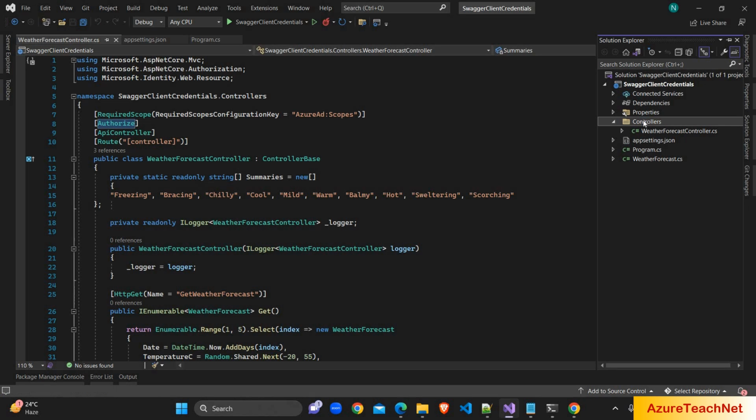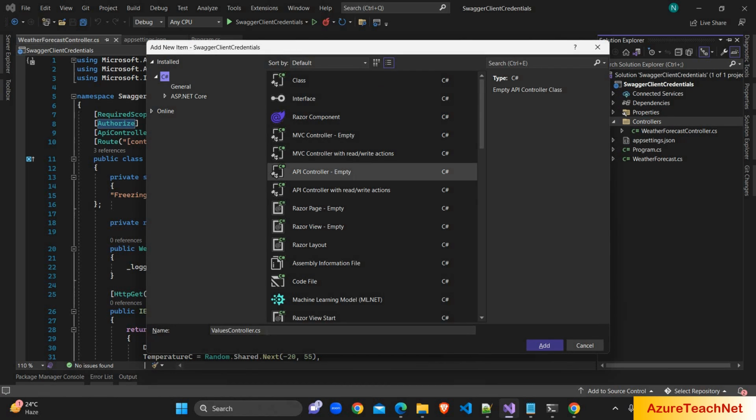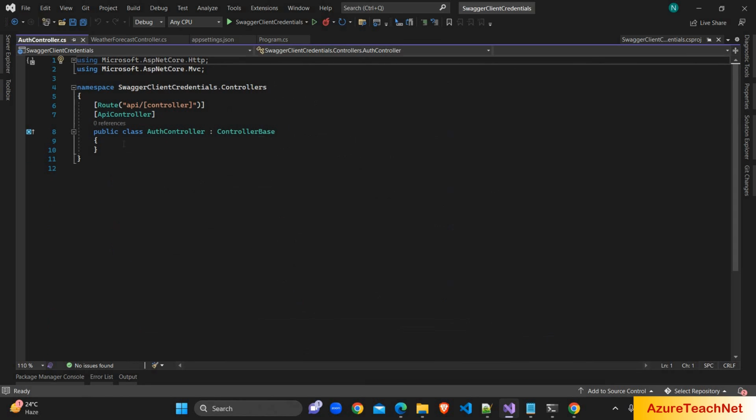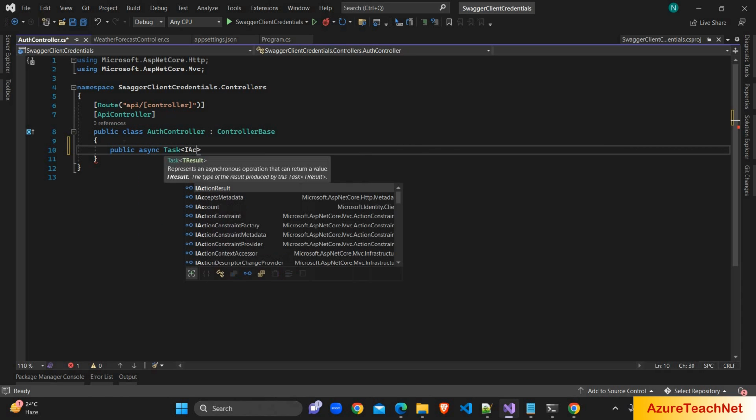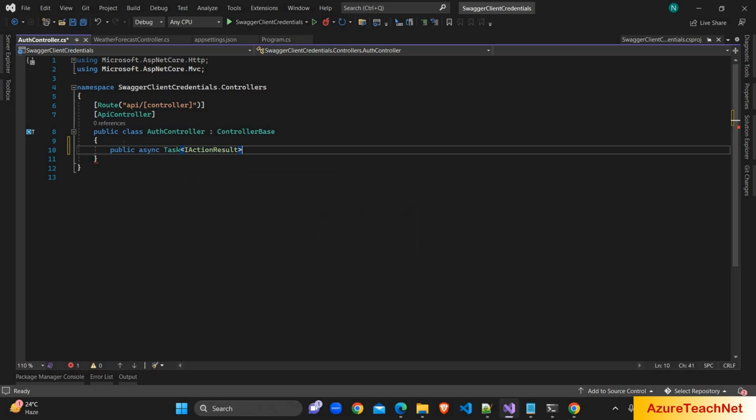Here I am adding a new controller, API controller empty, and I am naming it AuthController. And after that, here I'm writing an action, public async Task of IActionResult,